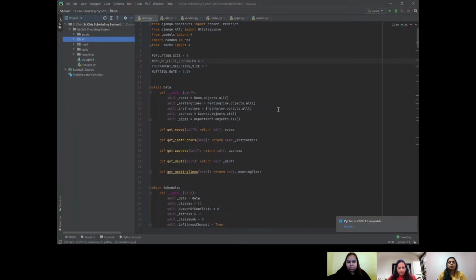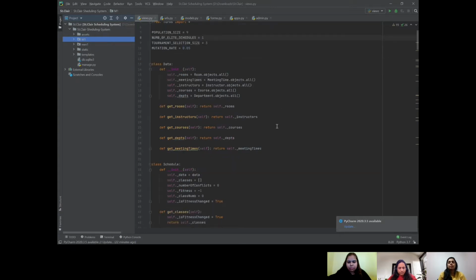This is our Python code for this system. We tried to implement this via a genetic algorithm. Genetic algorithm is a very new algorithm for us, which we implemented in Python. In this algorithm, the generations will be created by themselves, and the best possible outcome is what we get as our output. Here you can see that we take the population size as 9. The higher the population size is, the better the output we can get.